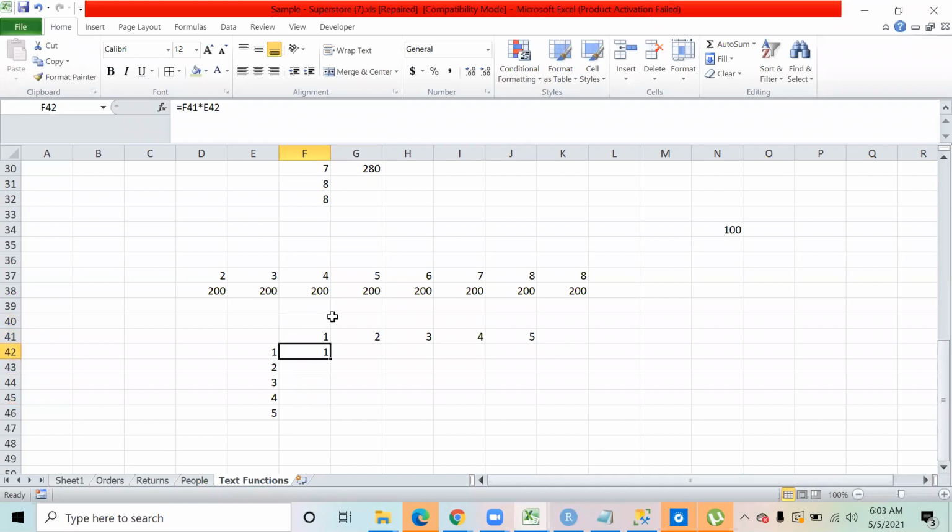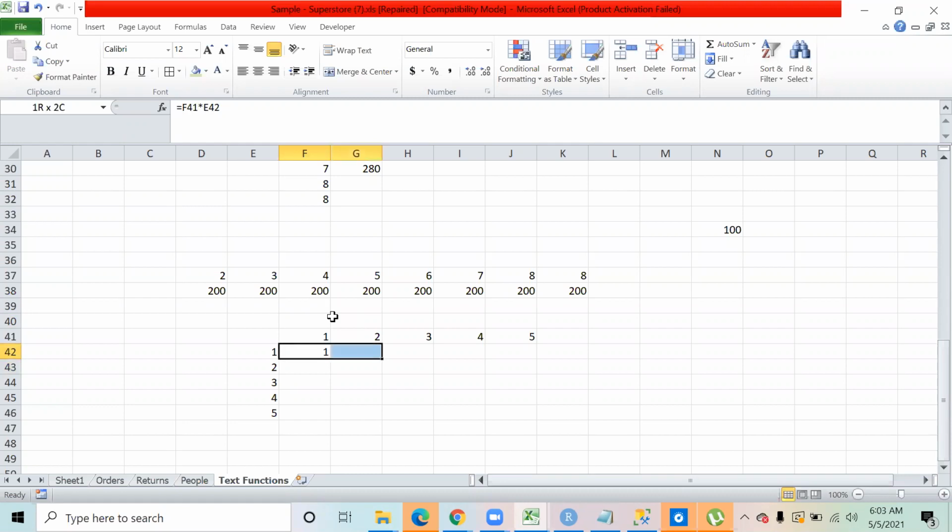I have done it. So basically, I put a dollar sign in front of the C, and in the next one, I put a dollar sign in front of the 18. So basically, I'm freezing one column and one row. So correct. In one of the cells, you will have to freeze the column, and in another one, you will have to freeze the row. Perfect. That is exactly what we need to achieve over here.